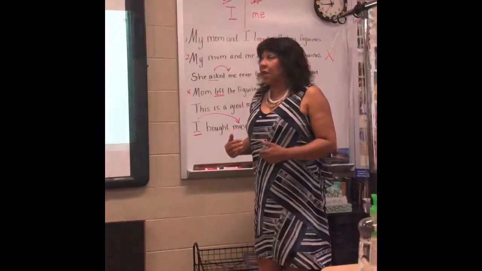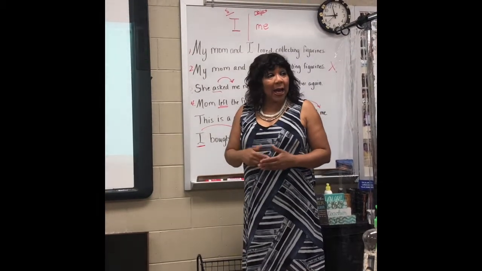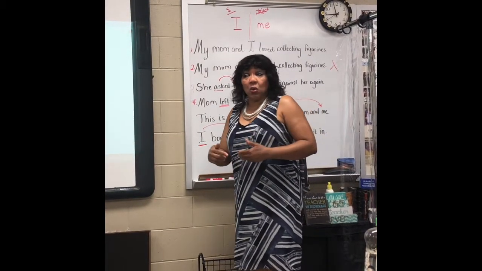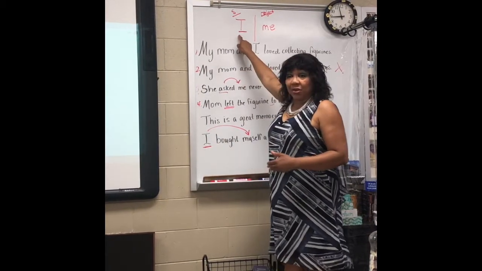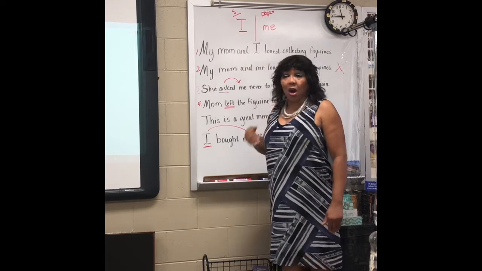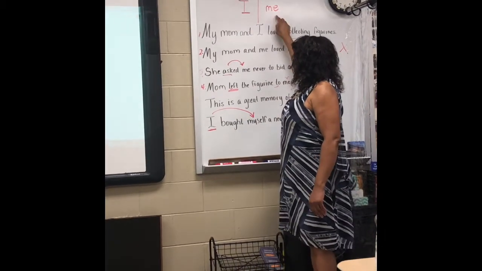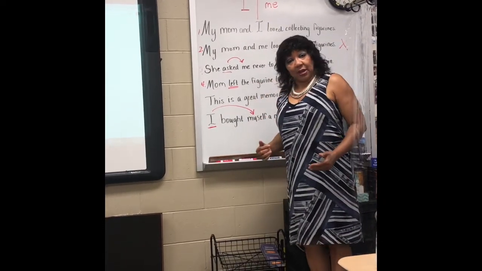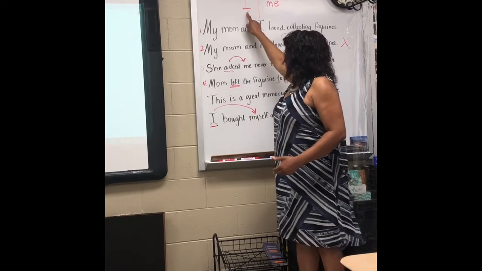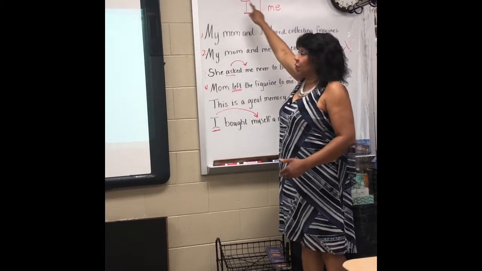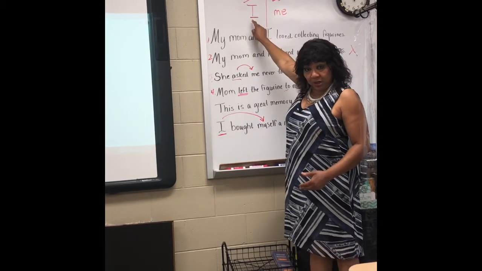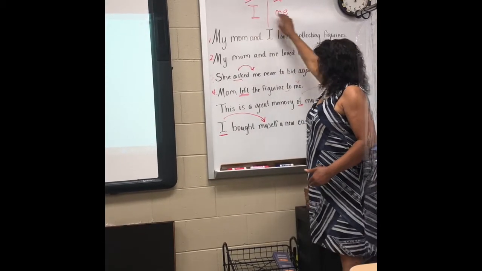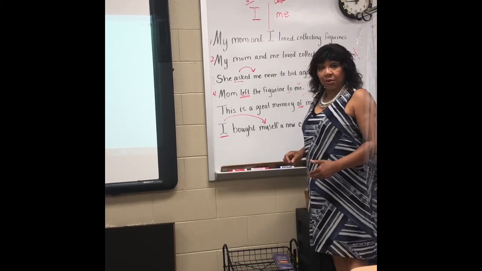So let's do a grammar lesson based upon the use of I or me. We don't sometimes model the correct grammar. I is used as the subject of a sentence always. Me is always used as the object. And breaking it down, you cannot start a sentence with me. You have to start it with I. I comes before me. So start the sentence with I, but anything after the verb, you use me.